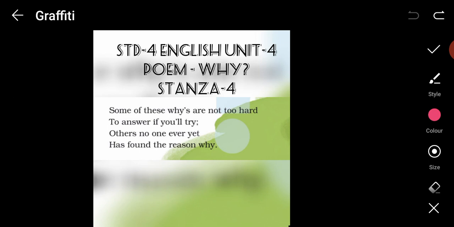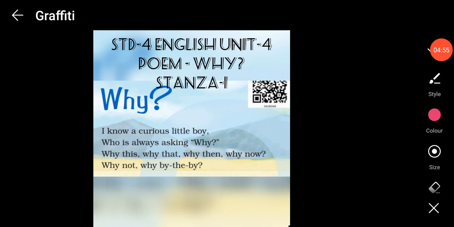You always have to learn. Even though you are growing older, yet you have to keep learning. You have to keep asking questions and you have to keep learning new things. That only will help you to grow wiser. Wiser means smarter. Now after the explanation and reading, let us sing this poem.